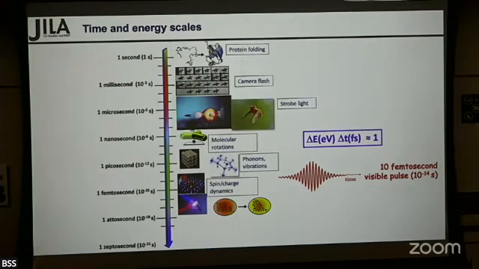0.1. 100 millielectron volts, that is still on the order of the bandwidth of a particular band in the electronic structure of a solid. All right? Or a particular orbital, you have some hope of being able to correlate the dynamics with a certain transition or a certain